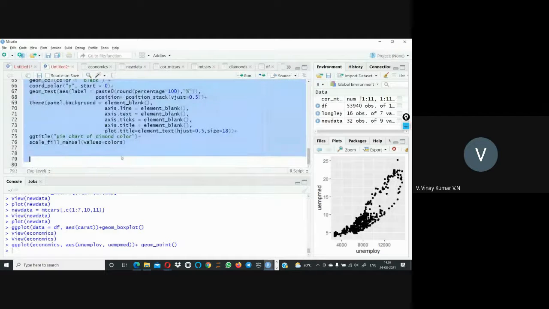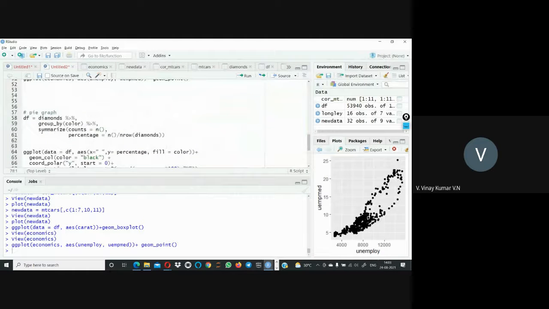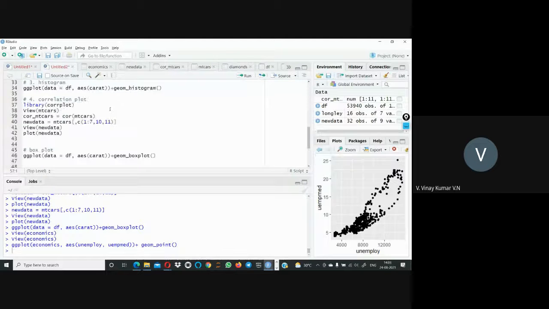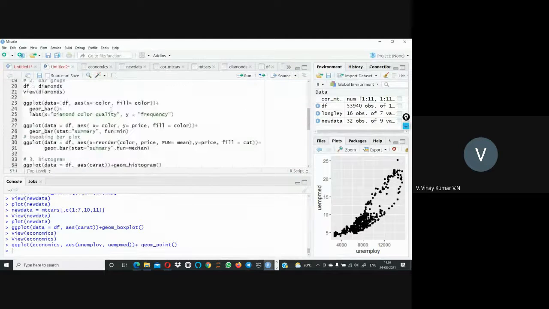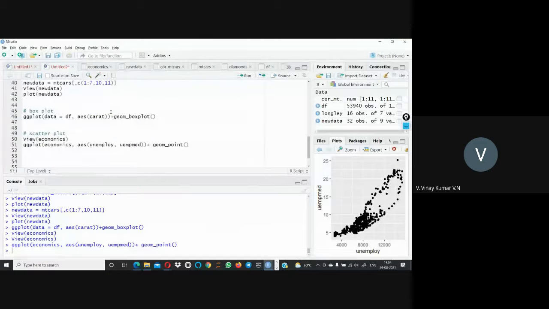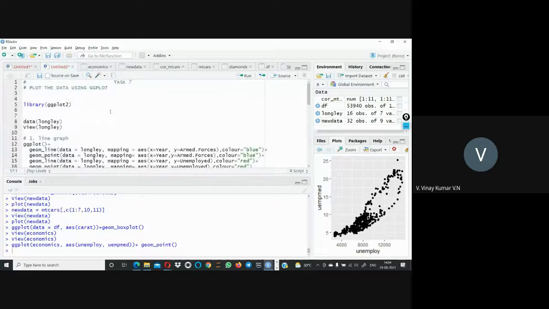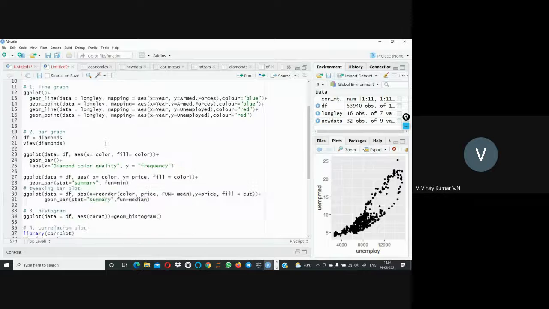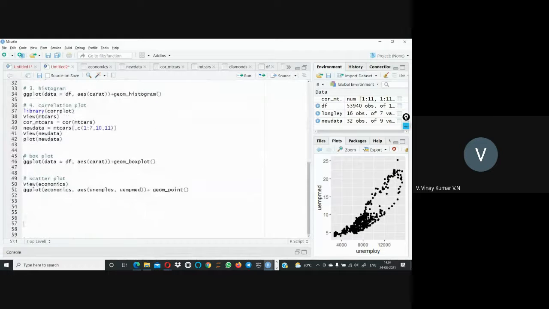Forget about the bar plot. I'll just keep this code, and the bar plot is a little lengthy. Whatever graphs we discussed in this lab session, the same kinds of plots we will ask in the examination also. So this is all about the plotting techniques using ggplot. There are so many, but time will not permit. Even if I taught for 3 to 4 months, this course would not end the plotting, because that many plots and that many combinations are available. So we are ignoring them.